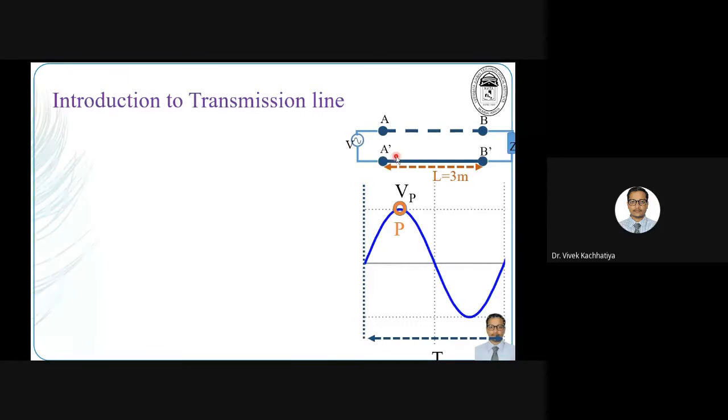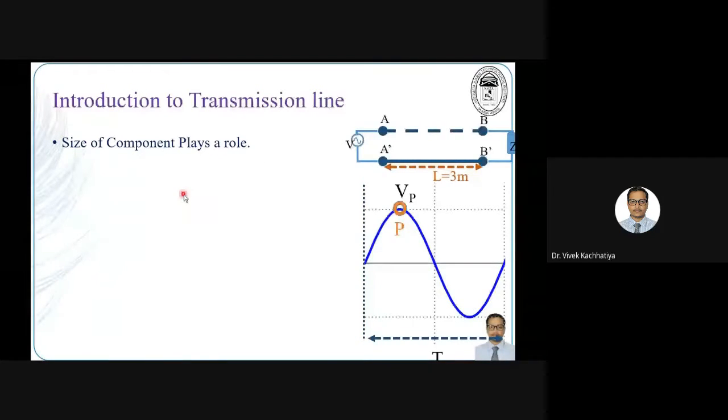Using wavelength, what we finally decided is, if the length of this conductor is comparable to the wavelength, then I have to incorporate the transit time effect. And suppose the wavelength of this signal is much higher than this length, then there is no need to consider the transit time effect. Another point we understood is that if my wavelength is comparable to this length, it means it is comparable to the size of the component, right? So whenever my wavelength is comparable to the size of the component, again we need to incorporate the transit time effect.